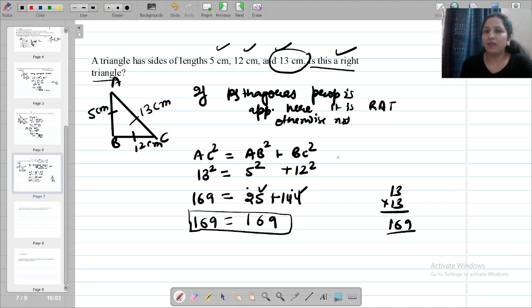This question can be asked in one more manner. It can be given like this: check if 5, 12, 13 is a Pythagorean triplet. Triplet means a combination of three sides. Pythagorean triplet means a combination where the Pythagoras property is applicable. It can be asked in these two ways. The way of solving it is exactly the same. The longest side is always the hypotenuse, and the other two sides will serve as one the height and one the base. Just check by applying this formula. If the two sides come out equal, your answer is yes, otherwise no.